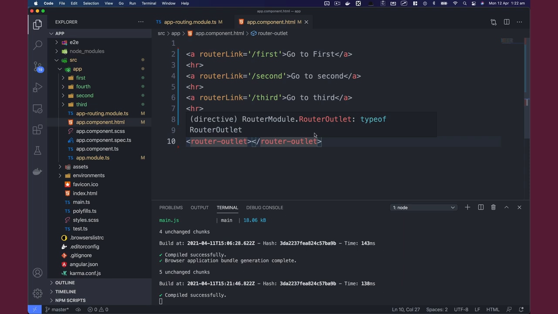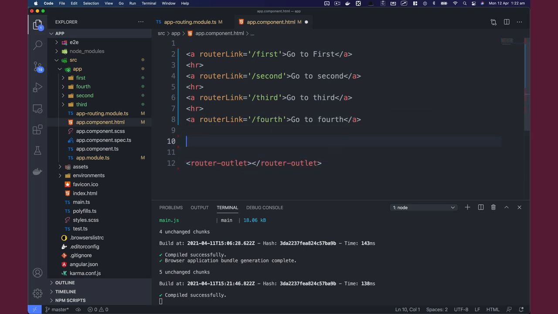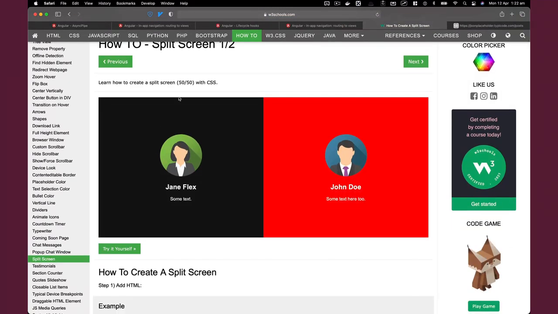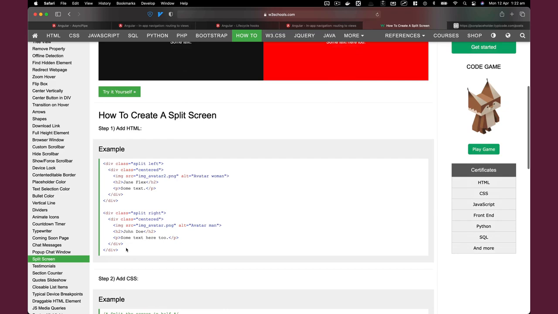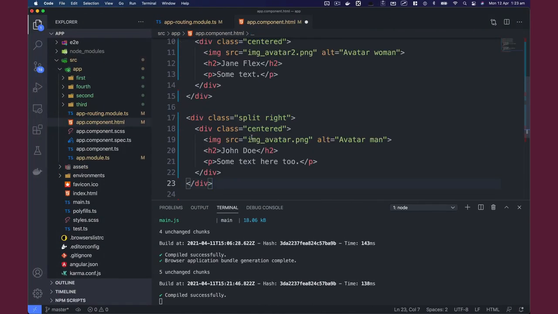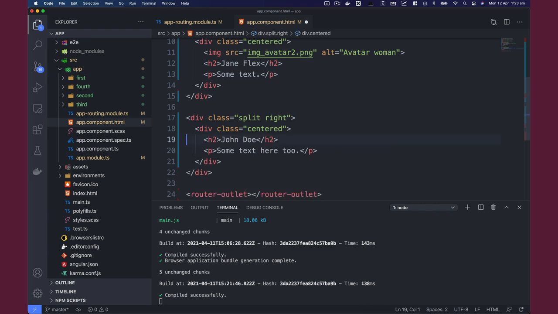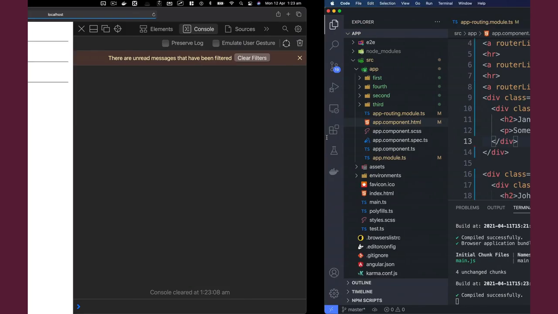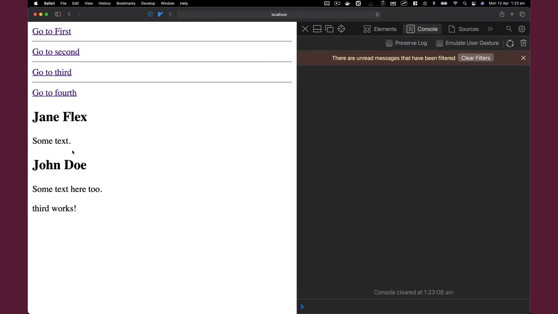To demonstrate that it is acting as a placeholder, we are going to create two divs. To save time, I'm going to go to W3Schools, and here's an example for two 50 by 50 divs. So we'll just copy this and paste them here. Let's get rid of the image because we don't have that image and I don't want to store it. Let's save. And now we have two